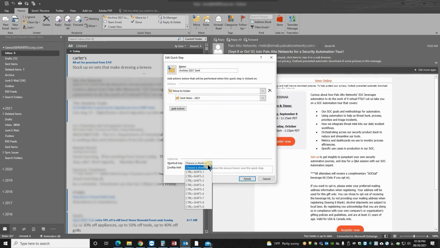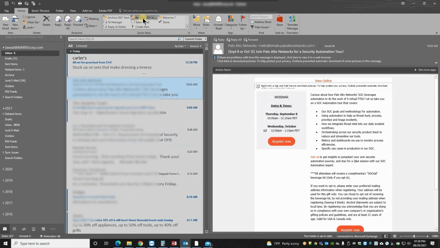And we already assigned the first shortcut, so we are going to assign a new shortcut, Control Shift 2, and then over here we are gonna call it archive 2021 sent to sent, and then we are going to press finish, and we have another shortcut here. If you take your mouse cursor there, this is the tooltip, and from this tooltip you can see this one from sent to sent.